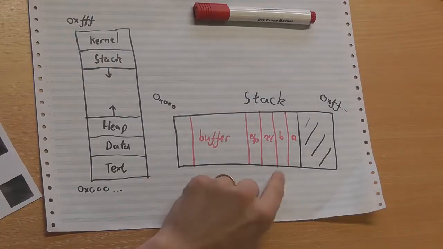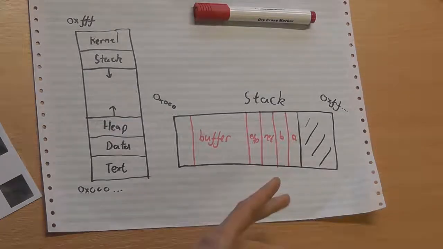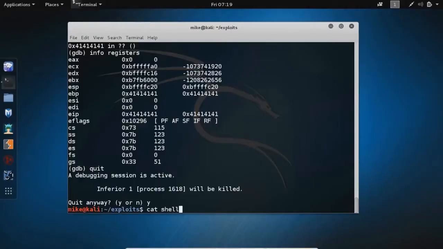Now we can have a little bit more fun, okay? We've broken our code. What can we do now? Well, what we need to do is change this return value to somewhere where we've got some payload that we're trying to produce, okay? So luckily, if I quit this debugger, I have some pre-prepared payload just for this occasion, okay? Now, in fact, this payload is just a simple, very short program in assembler that puts some variables on the stack and then executes a system call to tell it to run a shell, okay, to run a new command line, okay? So if I show this code, shell code, okay,